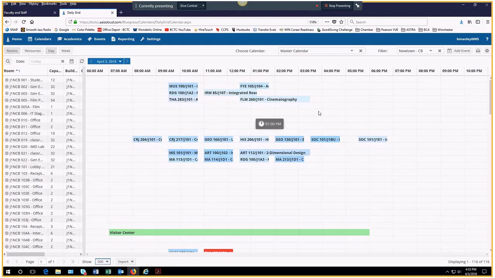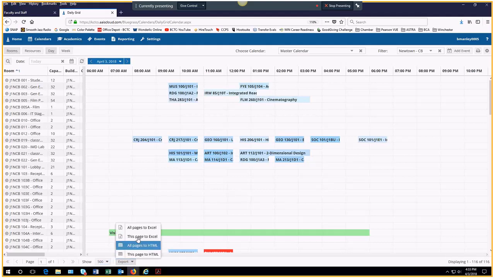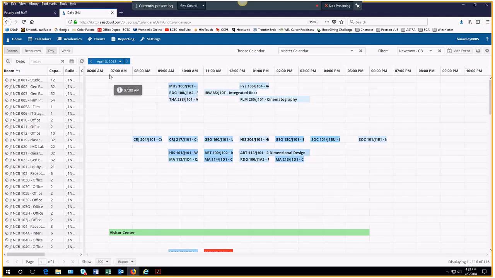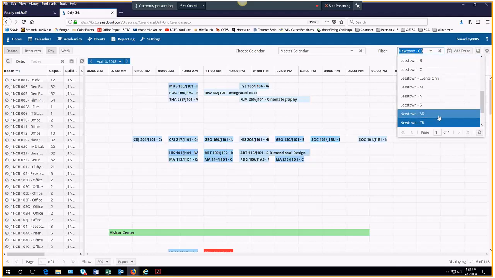Another thing that I like is that any spreadsheet that you see on Astra, you can export to Excel. And then you can massage and filter and manipulate the data even further. I like that option. So if you're scheduling a meeting and you want to schedule at the Winchester campus, because